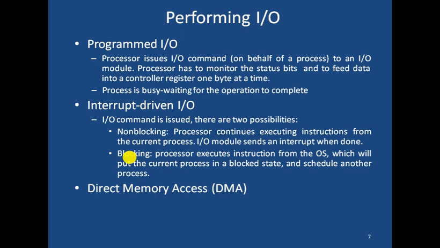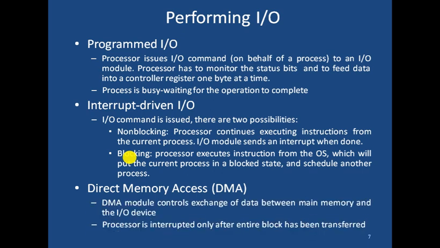The next one is direct memory access. In direct memory access, it establishes the communication between the I/O device and memory without the interference of the CPU. That means through direct memory access, the I/O device can send blocks of data to the memory devices or get blocks of data from the memory devices. It minimizes the processor intervention. So these are the three types of I/O performance.